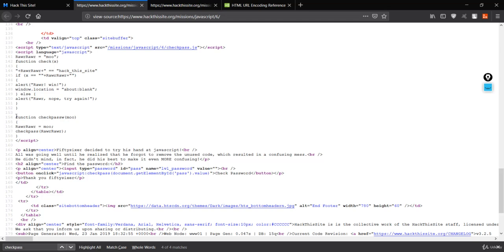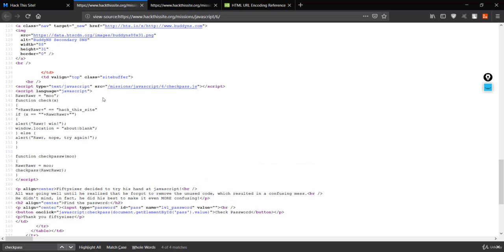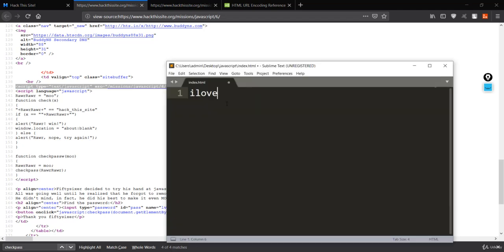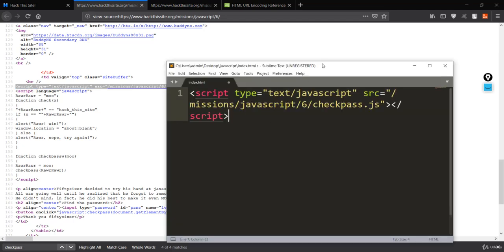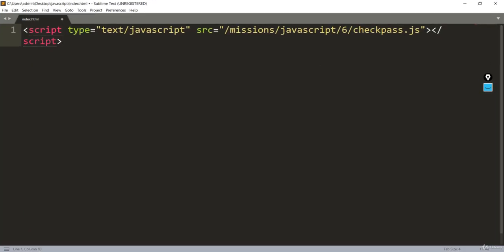And if you see here, it has another method, which is checkpass, but in this case it has a w. That means this is not the same method as checkpass. All we want is the checkpass method, which is not over here. But if you see here, we have the next script. So let me grab this tag, copy it, and go to my Sublime and paste it down here. So this is the way to inject an external JS file into this document.